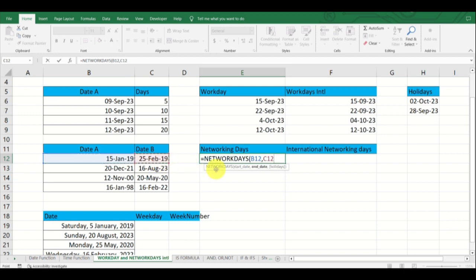Here, if I select NETWORKDAYS, according to the country I selected in Excel, it will automatically count what type of working days there are, meaning holidays like Saturday Sunday, Sunday Monday, and like that. In my country it is Saturday Sunday, so it automatically detected for NETWORKDAYS, but for international it will ask you. And the same here for holidays, I will select this one and freeze them,